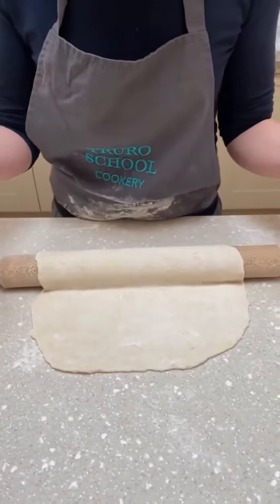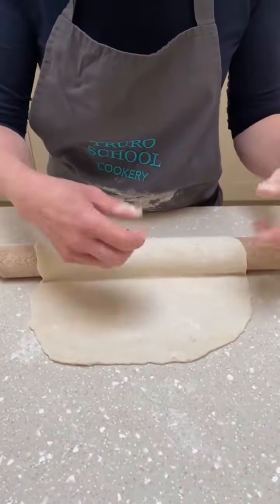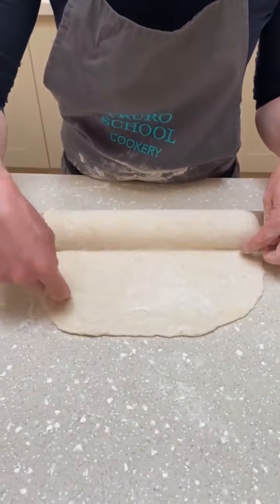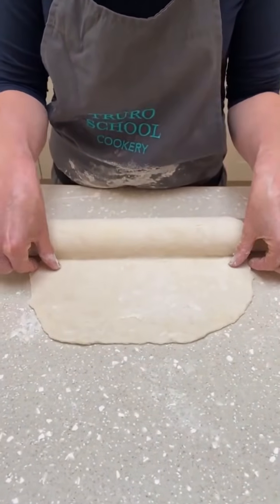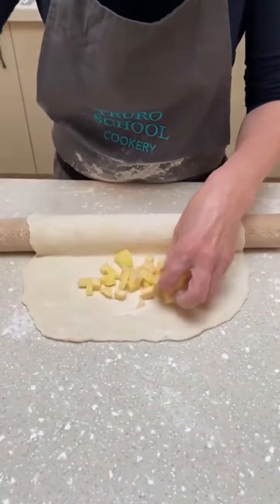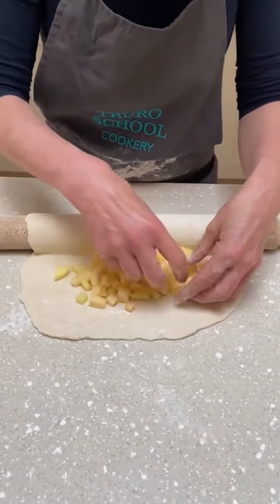And the biggest thing that is easy to do with the pasty is overfill it. So it's really difficult to crimp. But likewise, you do want a nice bit of filling. So imagine a sort of rainbow shape. You want to leave yourself about 2 centimetres all the way around. And you're going to start with some of your potato turnip mix,